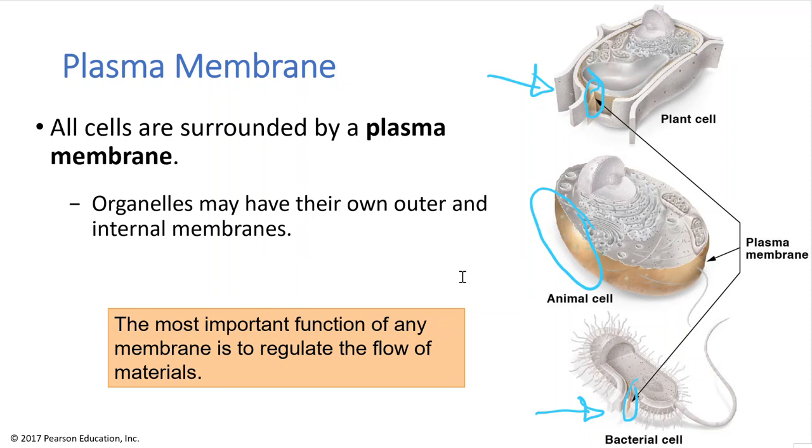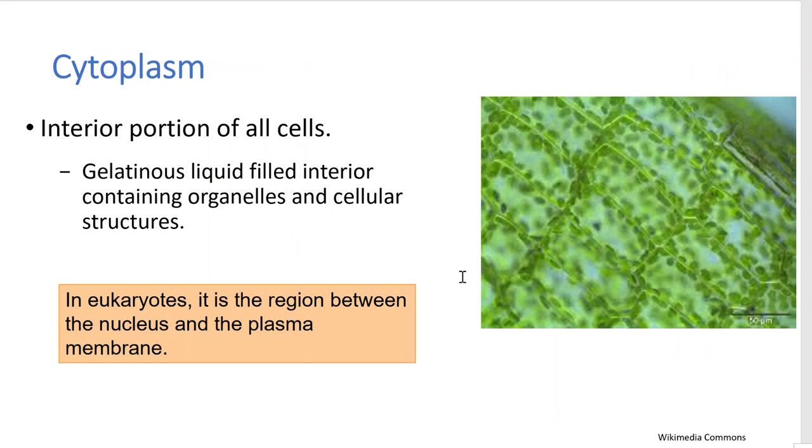Just suffice to know that the plasma membrane, which is found in plant, animal, and bacterial cells, so in all cells, regulates the movement of materials in and out of the cell. In the next chapter, we're actually going to look at the plasma membrane in detail and how things move through the plasma membrane. The next structure I want to talk about is the cytoplasm, and this one is also found